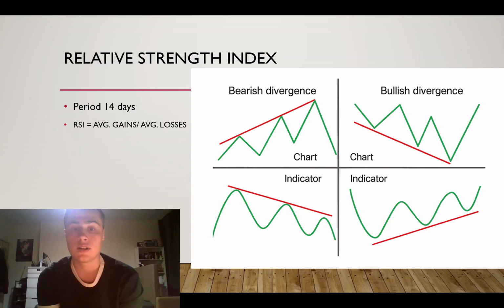And as we see at the graph, in case of the bearish divergence we are observing the higher highs on the chart, while the indicator shows us the higher lows. When there is this divergence happening on the indicator, it is possible to assume that shortly the market will come into the position of the bearish market, and it's better to go short or sell the assets that have already